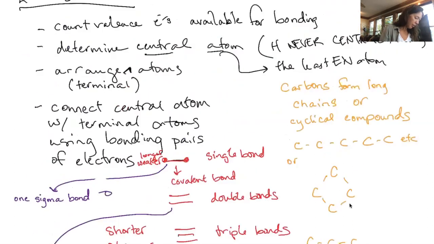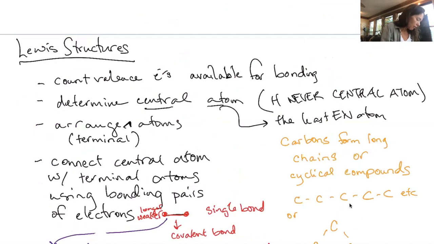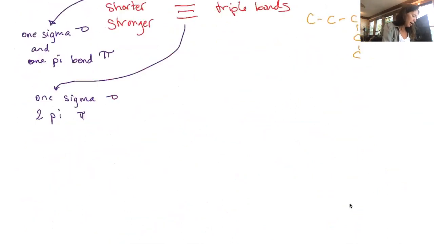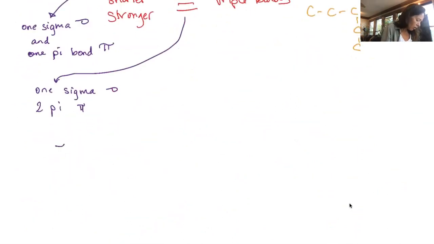Okay, let's get back on track, Ms. Murphy. Count the valence electrons available for bonding. Determine the central atom. Arrange the terminal atoms. Connect the central atom with the terminal atom using bonding pairs. Okay, then our goal from that point on will be to satisfy